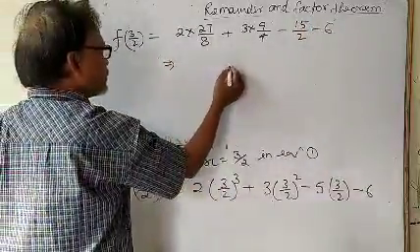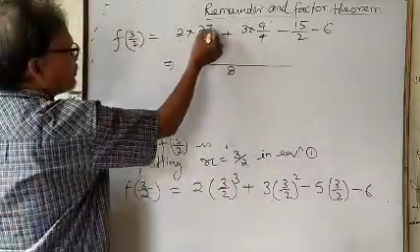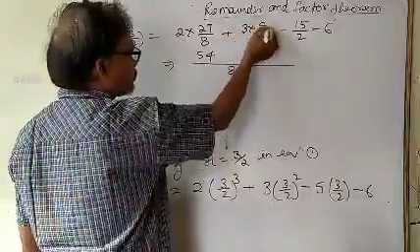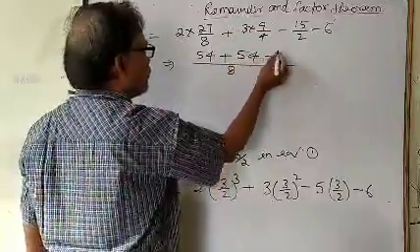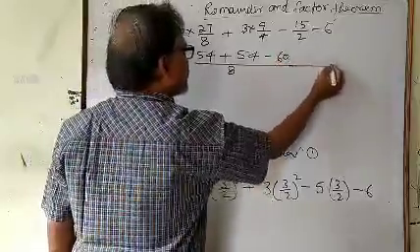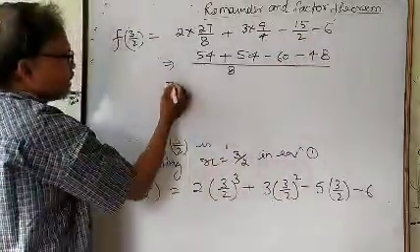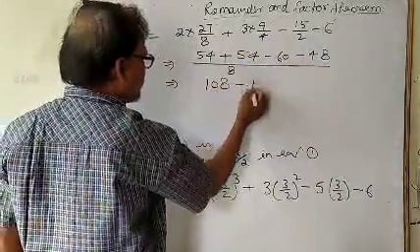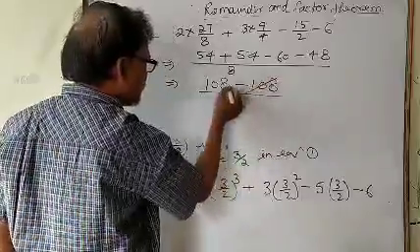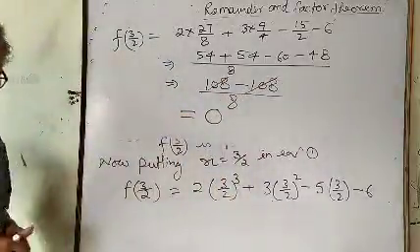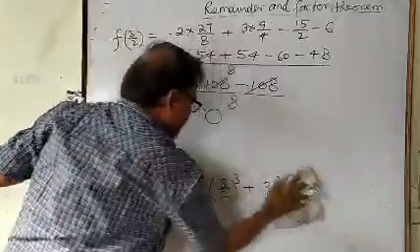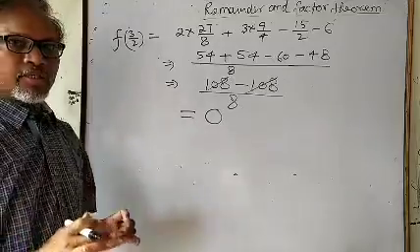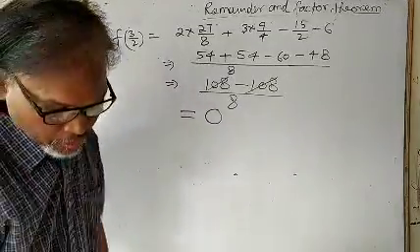Take the LCM. The LCM is 8, obviously. This 27, 2 times is 54. Multiply by 2: 3 times 2 is 6, 9, 54. Minus 60 and minus 48, and this is equal to 108 or minus 108. You can see both are equal and opposite, and then this will be 0. If it comes 0, I told you previously that if the remainder comes 0, it means the given divisor is a factor. Therefore